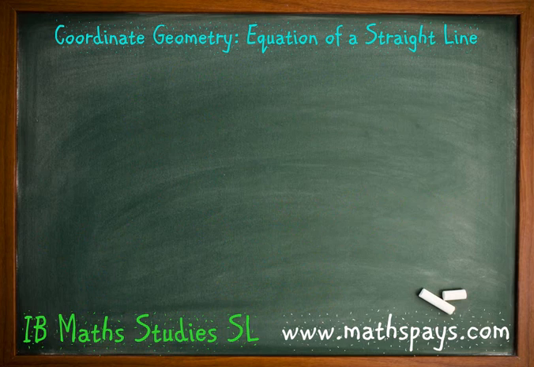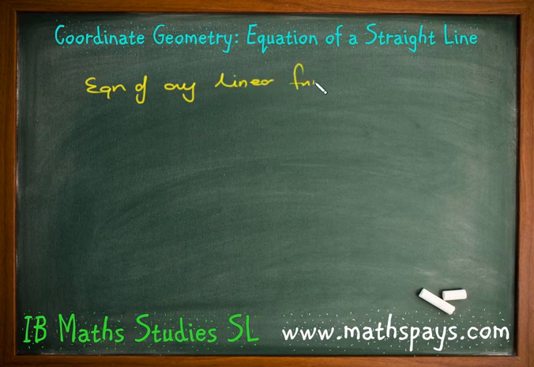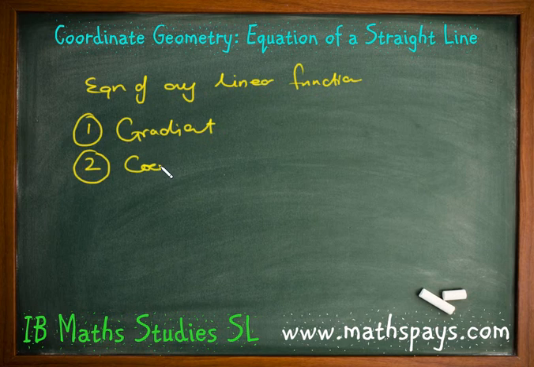So to find the equation of any straight line, so I'll call it a linear function, we need two things. The first thing we need to know is a gradient. The second thing we need to know is a coordinate. And once I have those two pieces of information, we then sub in to y equals mx plus c to